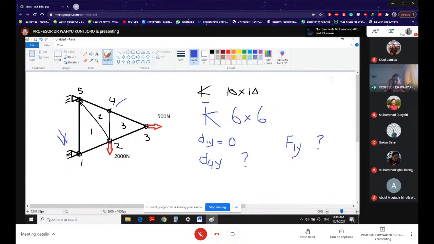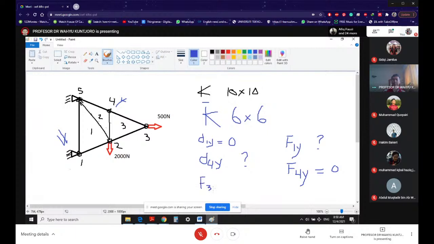But as a reaction at node number 1, you do not know. And the final question here is going to be, let me see again, F4Y, which is that node. F4Y is equal to 0. The reason is, well, there is a force over there, but it is 0. If you look at node number 3 here, for example,